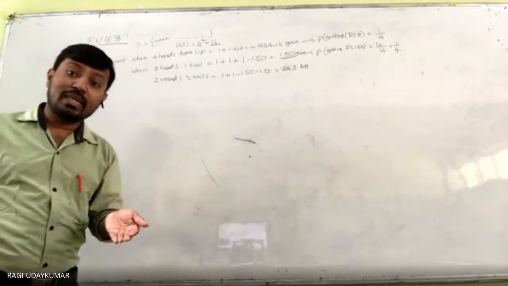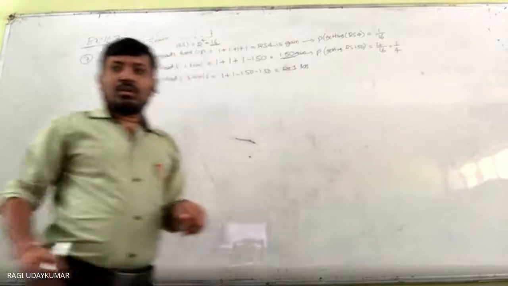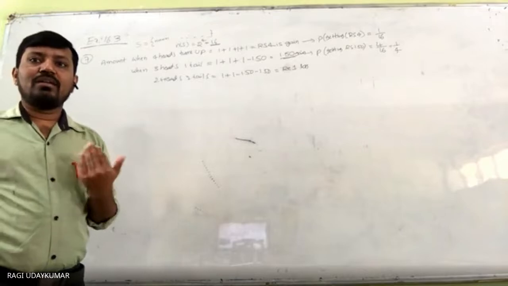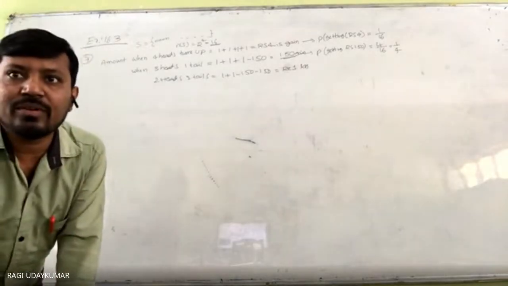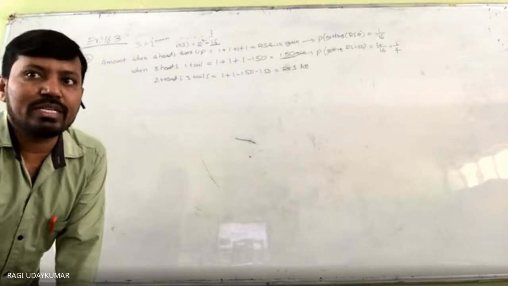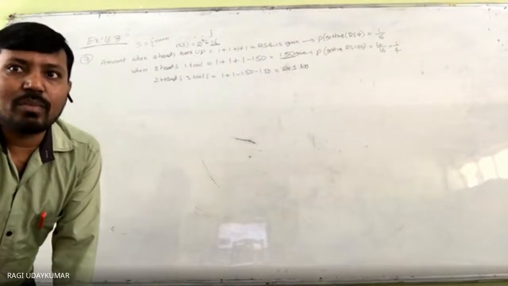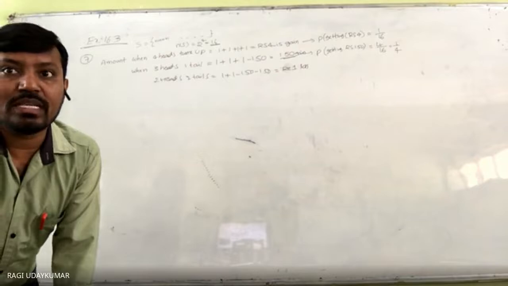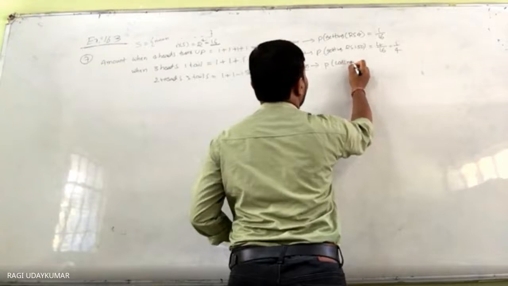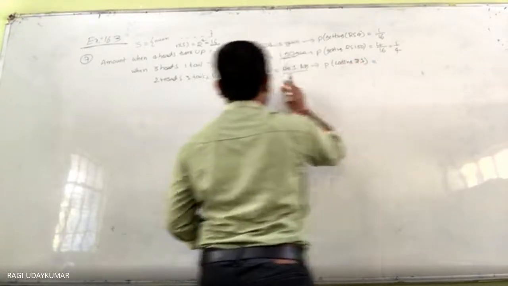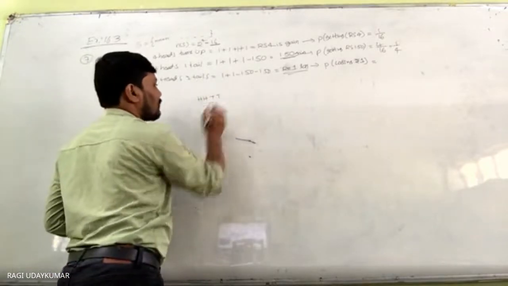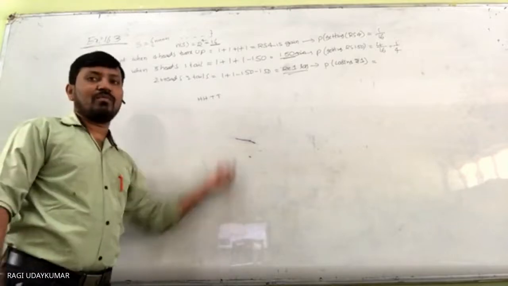So what is the probability of a loss of 1 rupee? Every time, the question asks you to find the probability of each of these amounts: what are the amounts he is going to get, and what are the probabilities of each. So the probability of losing 1 rupee is the probability of 2 heads and 2 tails. How many ways are you going to get it?